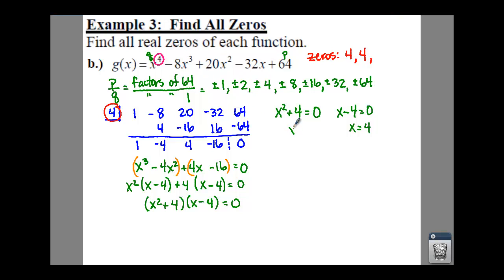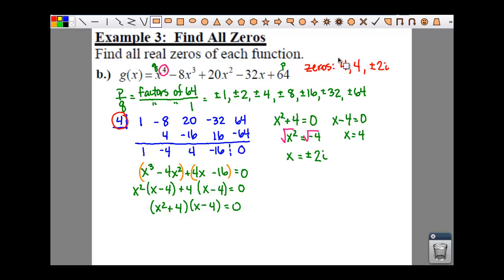So now if we solve x squared plus 4 equals 0, you get x squared equals, whoa, that's a little weird, x squared equals a negative 4. And we're going to have to take the square root of both sides, and that's going to give us x equals plus or minus 2i, because your negative comes out as an i, and the square root of 4 is just a 2. So here are your other two answers, which shows we actually end up getting a total of 4 zeros, even though one is